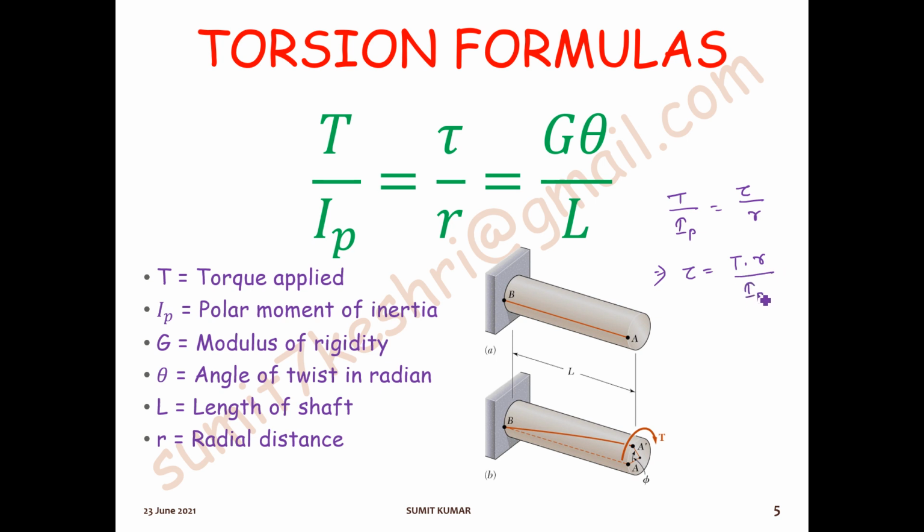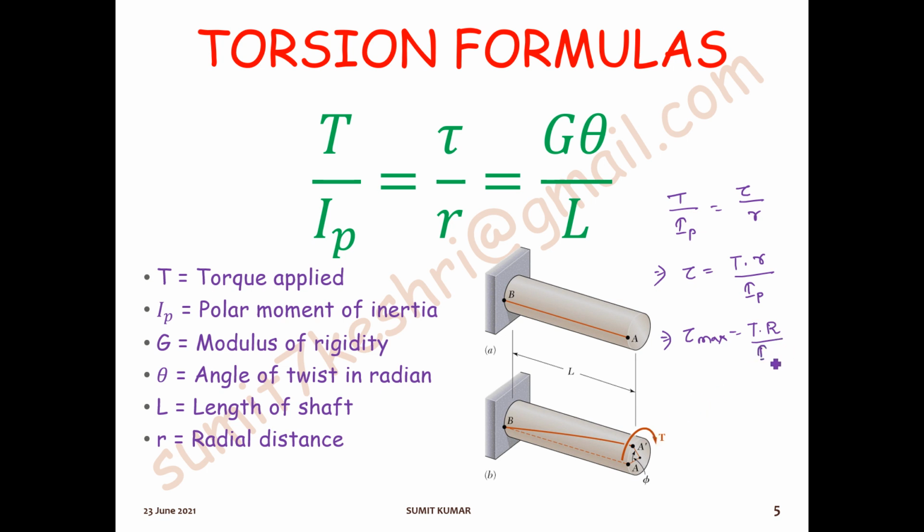If we want to write tau max, if T is constant, you can see from this equation that tau is directly proportional to the radial distance R. So the maximum shear stress will be generated at the extreme fiber of the shaft, that is at R, the radius of the shaft,